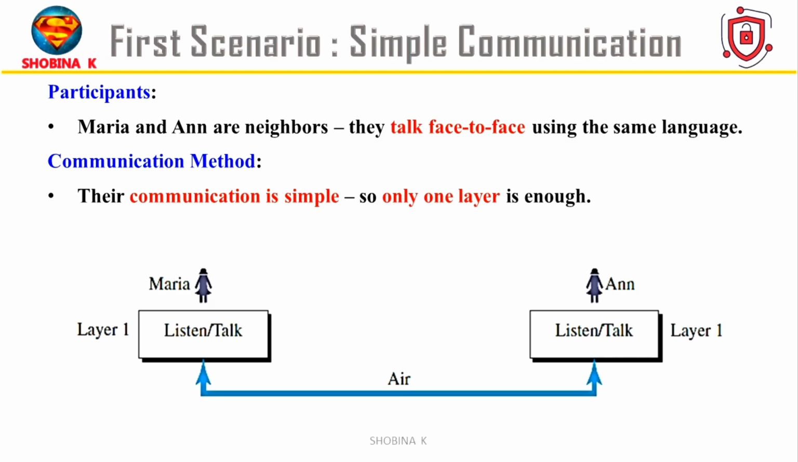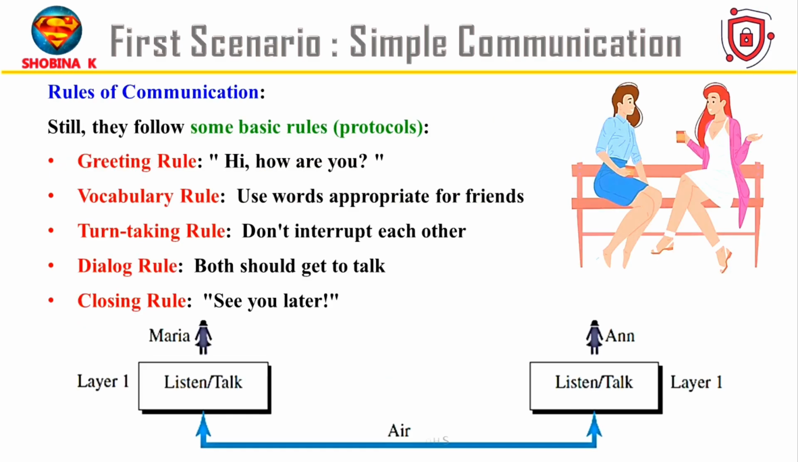Scenario 1 is about simple communication and it happens using one layer. Imagine Maria and Anne are neighbors. They meet face to face and talk. Even this simple chat has rules called a protocol. They greet each other, one talks and other listens. They keep the conversation friendly. Both should get a chance to speak, not just one person talking all the time, and say goodbye nicely before